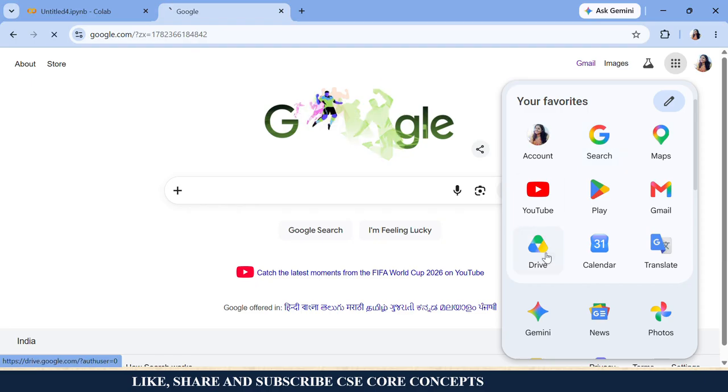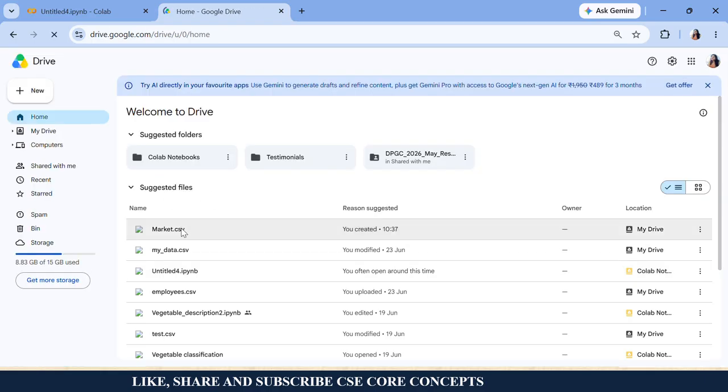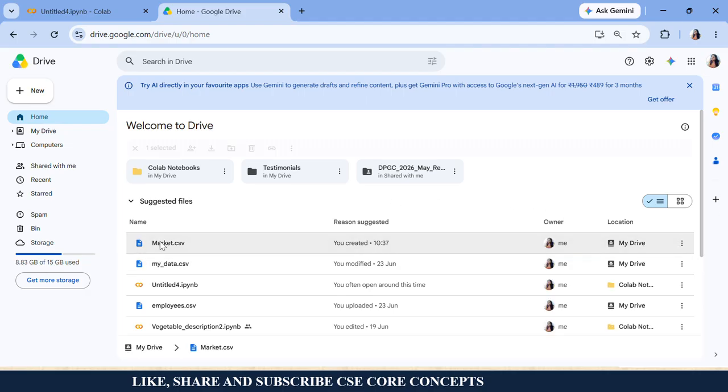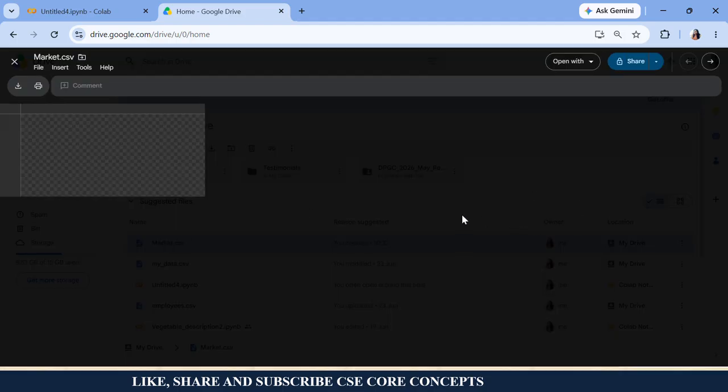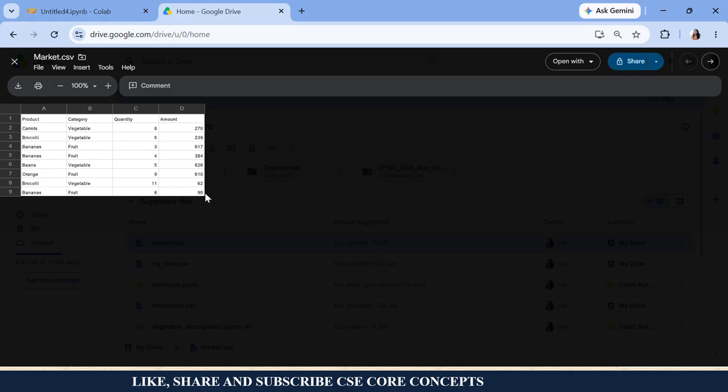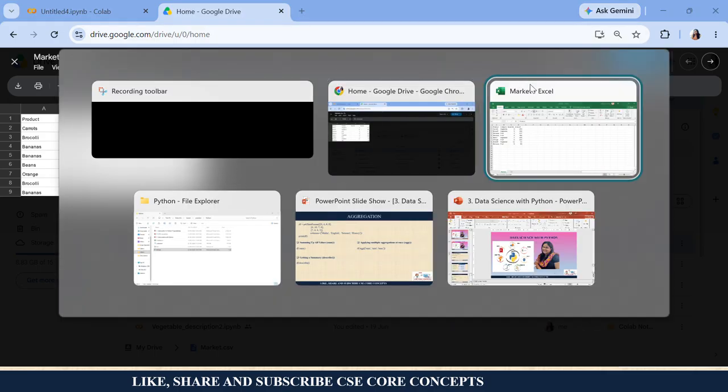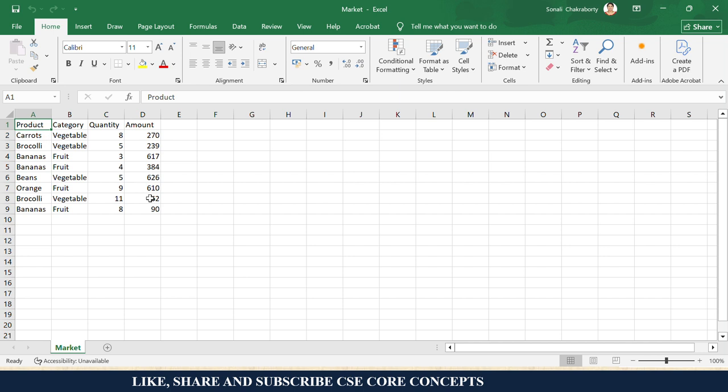My CSV file is a market file where I am uploading all the details of my market, right? So I have certain products which I have sold. It has product, category, quantity, and amount. There are 4 fields. I will show you the CSV file, it will look better. So this is product, category, quantity, amount.